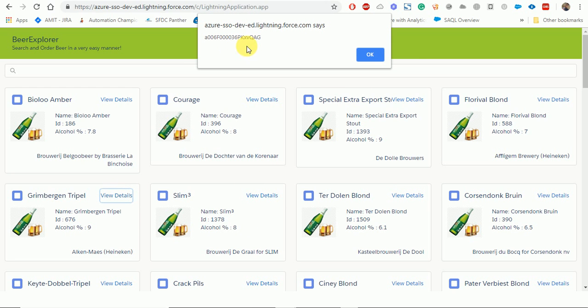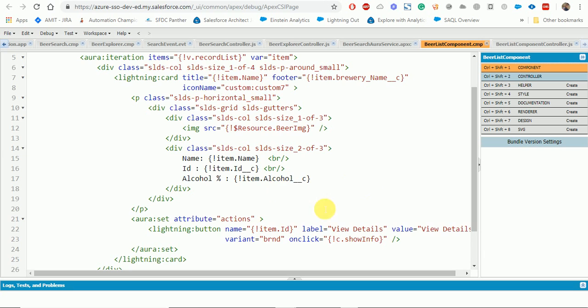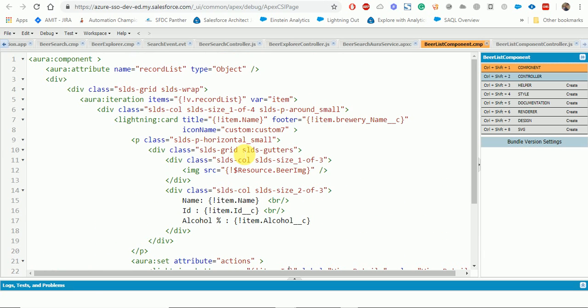You can see XUQAG. So now we are able to get the IDs. What next we will do? First we will